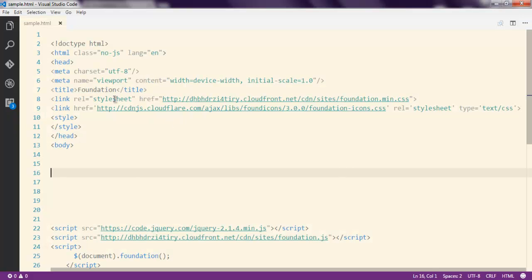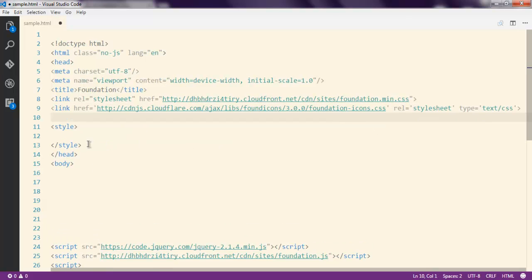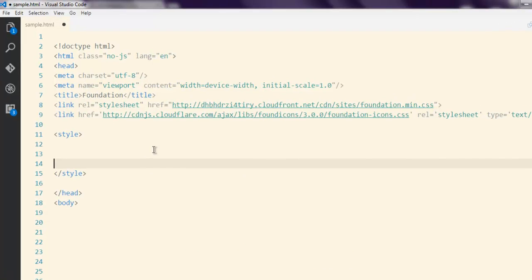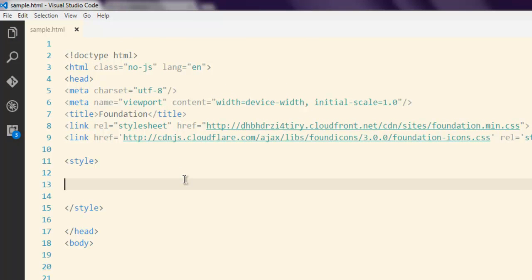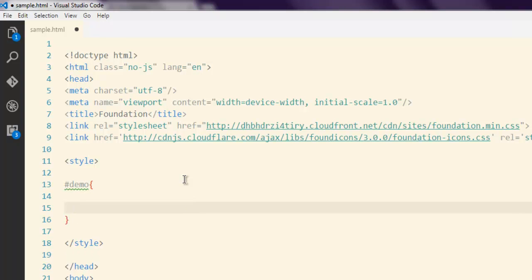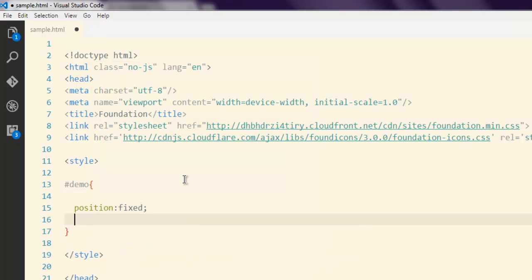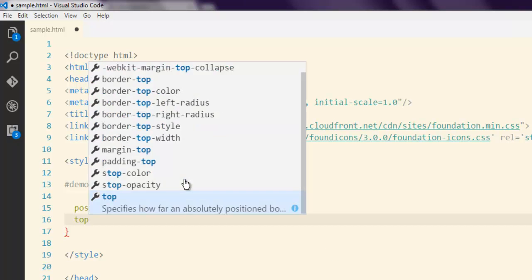The style sheet is already linked. I'm using the CloudFront URL for linking that, and inside your head tag you have to create a style. Now for the style I'm going to add one div element, so let's name it demo. I'm going to add position for this demo and set it to fixed,